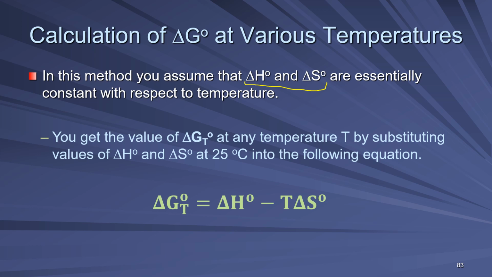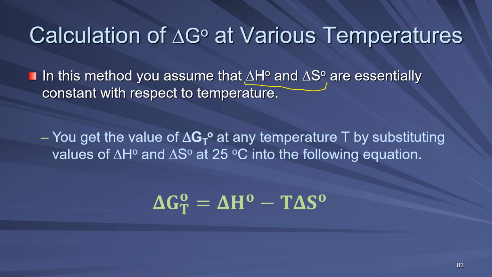So if we look up delta H and delta S on the chart, even though they're technically at 25 degrees, we can use them in any of these equations. However, delta G definitely depends on temperature, and so we have to calculate what the delta G is at different temperatures. So we can find the delta H and delta S at 25 degrees and substitute them in this equation,